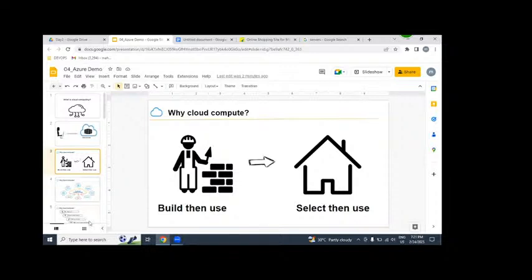Example, which is easy for you: build, then use, or select, then use? Always select, then use. So ready-made things are very easy to use. For example,